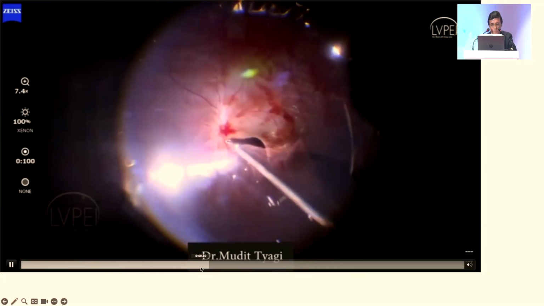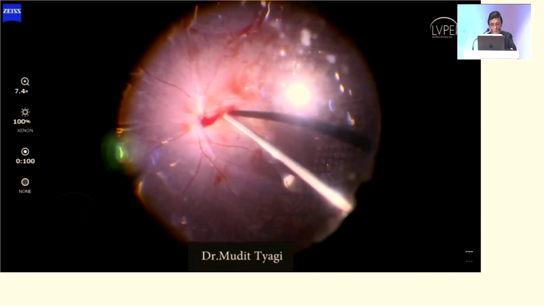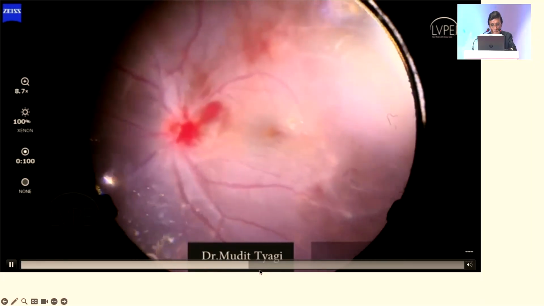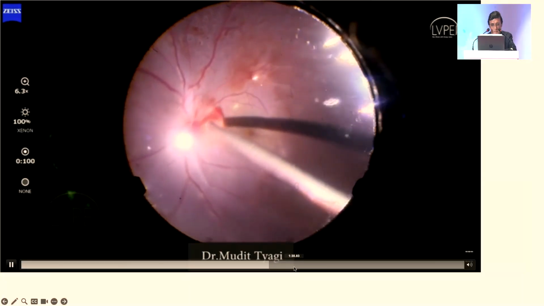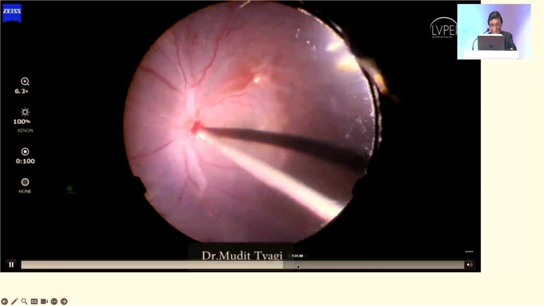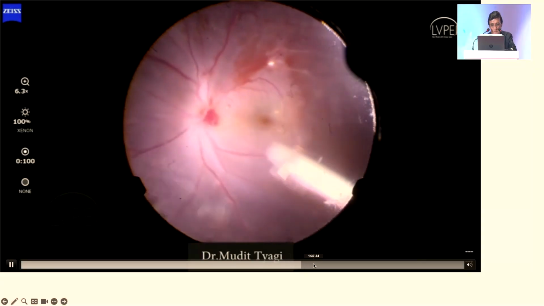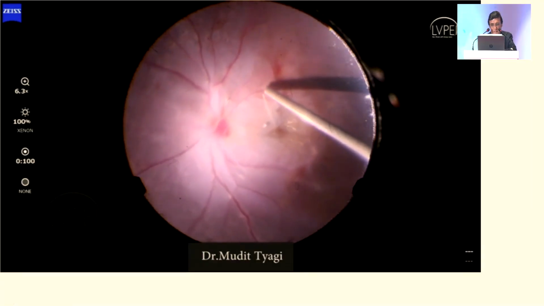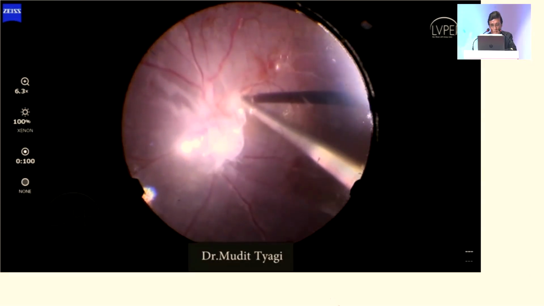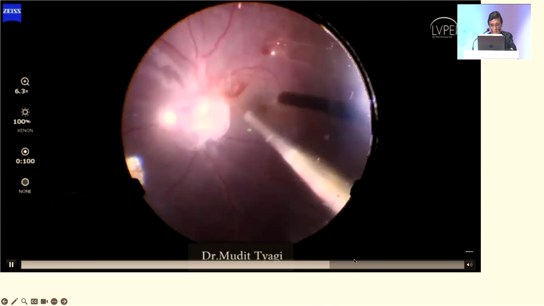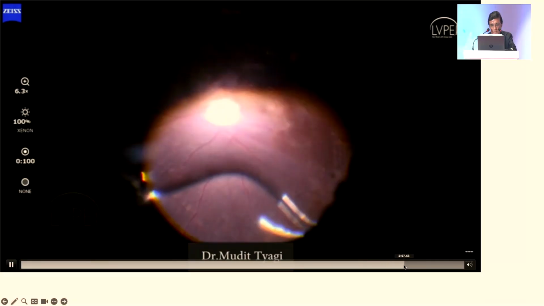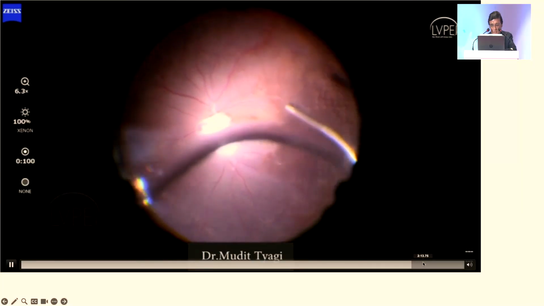You can see the bleed there. Most of the blood is removed. The bleed was persistent. So this injection is being done now. And later on, once the bleeding has stopped, this membrane is just folded over the optic nerve head. A very intelligent way of handling an optic nerve bleed, which we find always difficult how to handle, and this